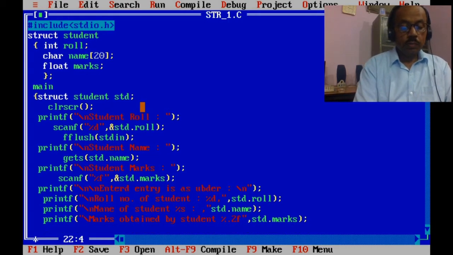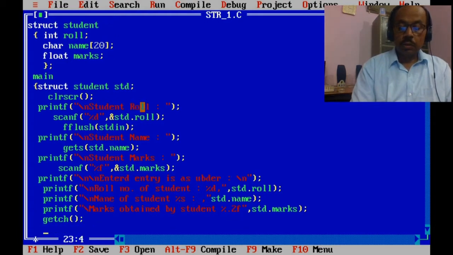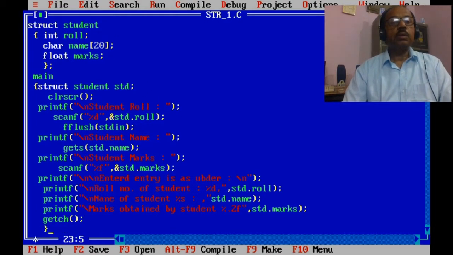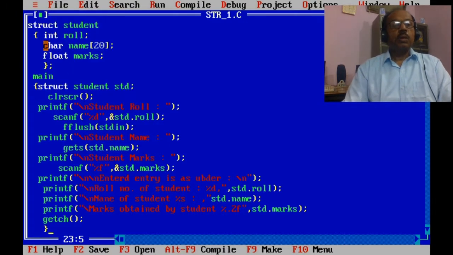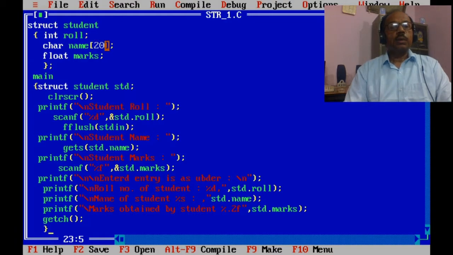So all the input gets in, and this is here. struct student, this is our structure. The structure name is student, and this structure has a variable, that is a structure variable, and std is the structure variable.